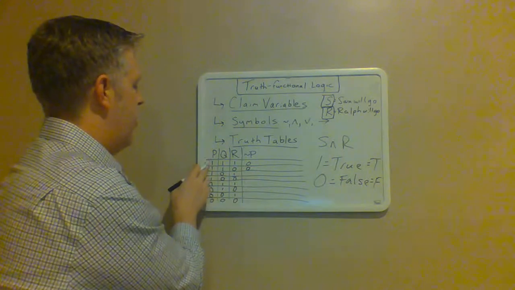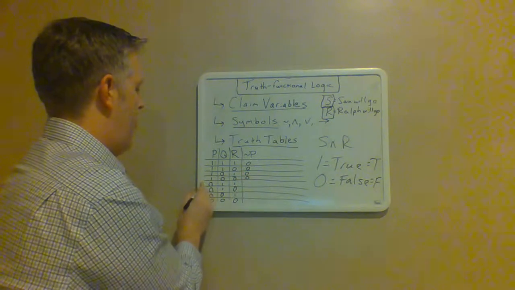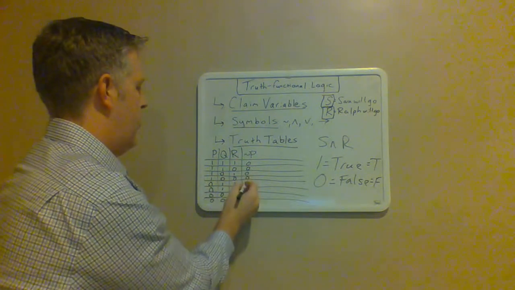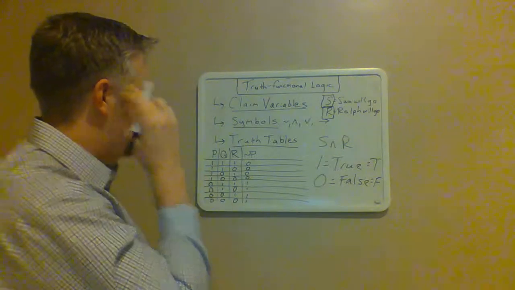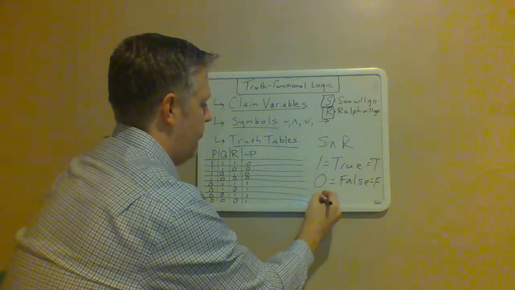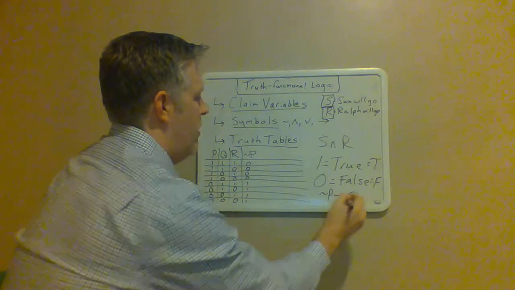So when Paul does go is true, then Paul doesn't go is going to be false, obviously. And when it's false that Paul goes, then Paul doesn't go is going to be true. Okay, and so on and so forth. And so let's say that we had something like, if Paul doesn't go, then Quincy will, or something like that,